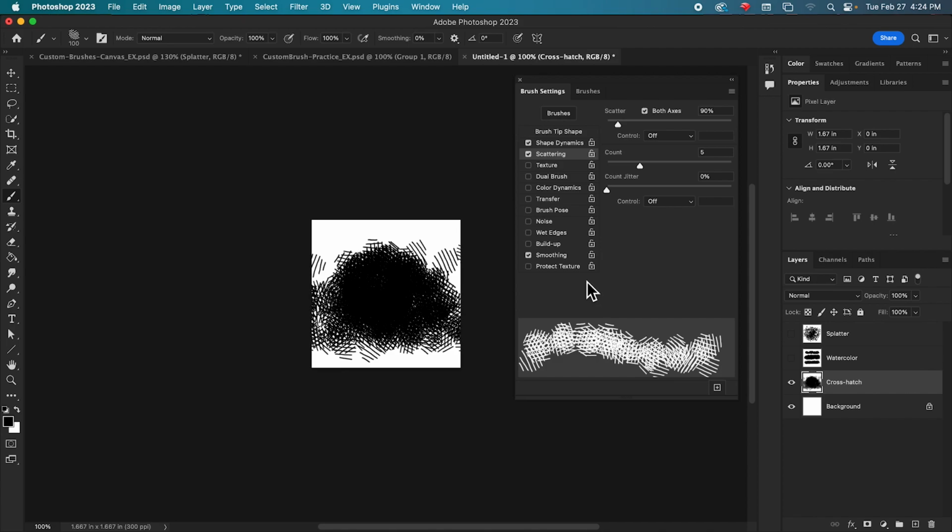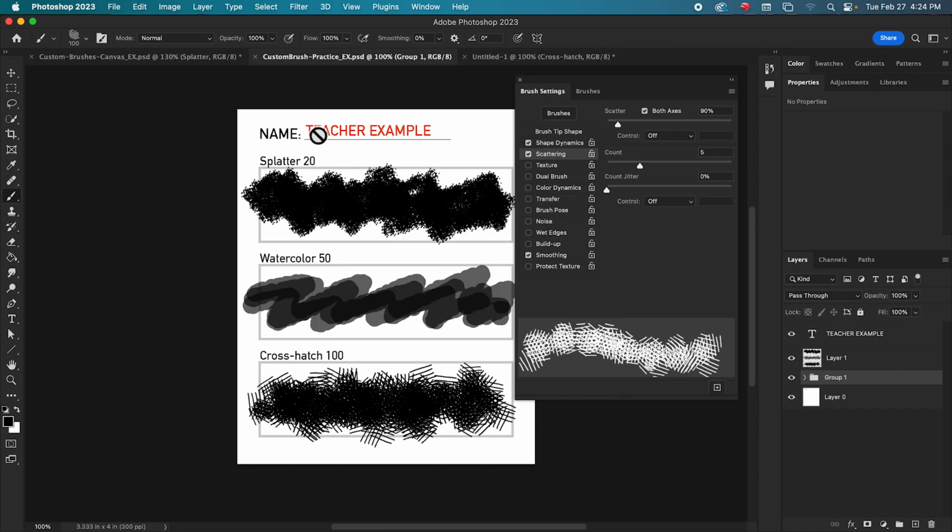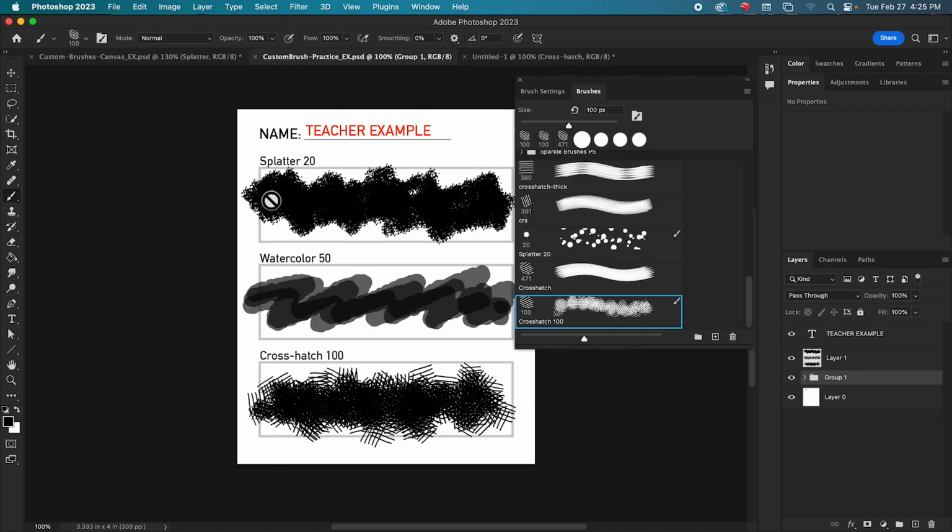Now that you have your 3 brushes, you can download the Custom Brush Practice template and fill in the Splatter 20, Watercolor 50, and Crosshatch 100 squares with your brush. Then you're just going to export it as a PNG and turn it in. And that's going to be it for this lesson.